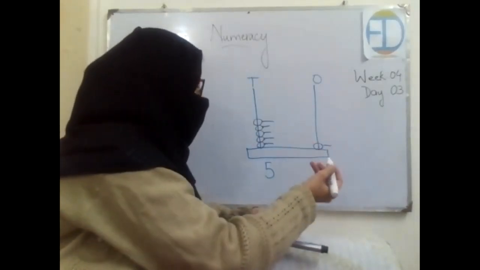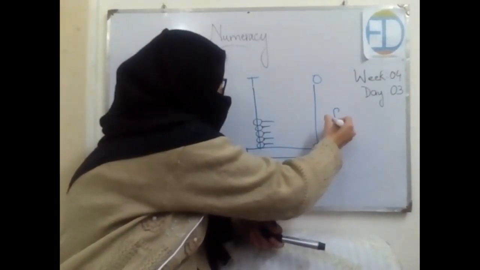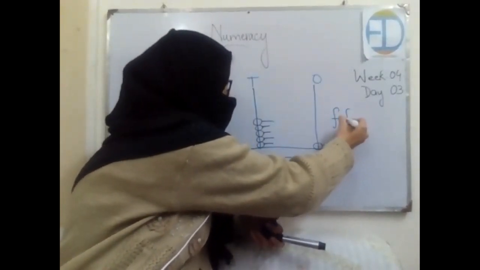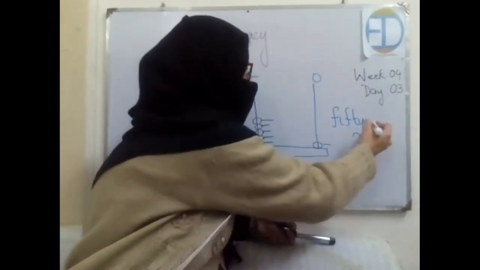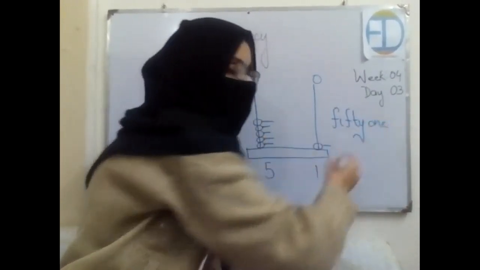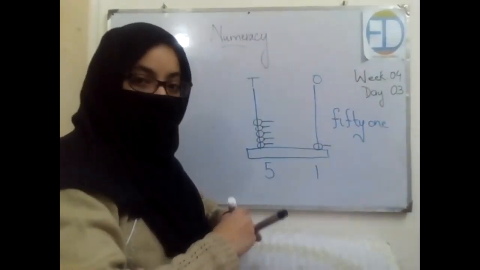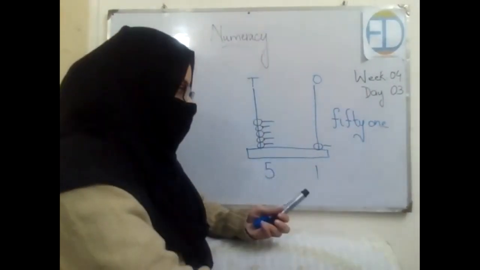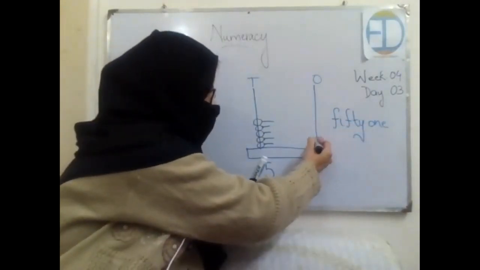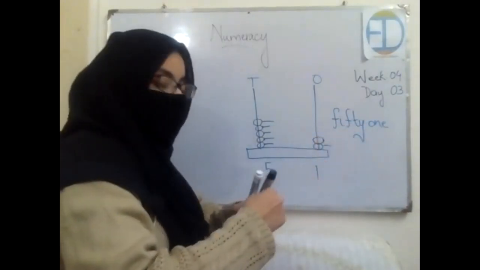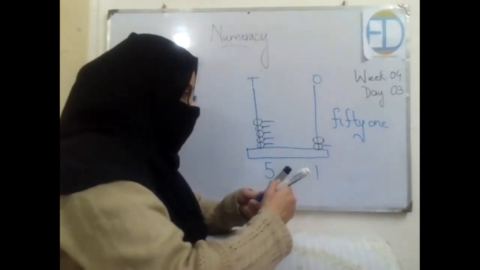Okay, who is going to tell me the spellings of 50? Yes. F I F T Y, 50, right? And O N E, 1, right? Okay. Now what would be the difference in the second case? Now let's see if I add one more bead over here. Now the number would be 52,